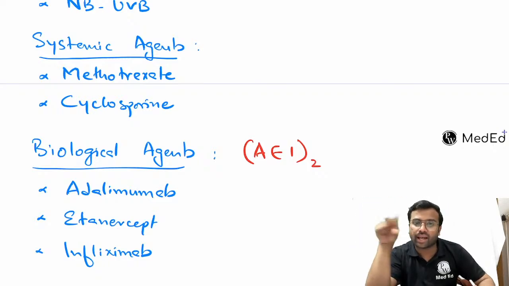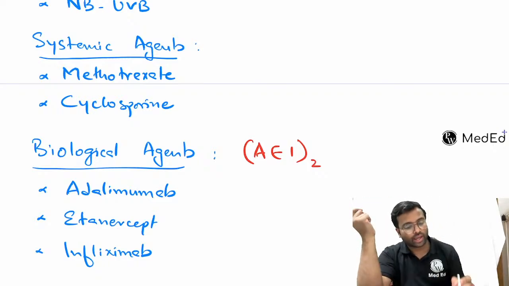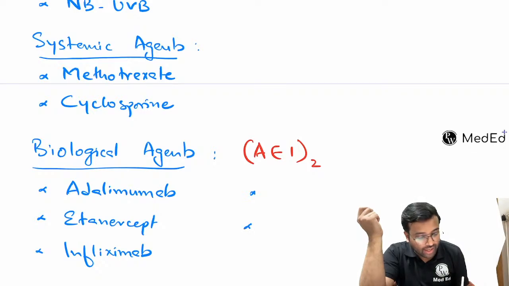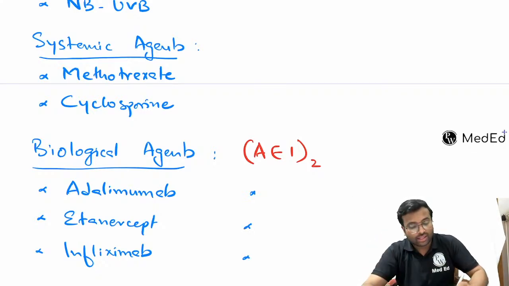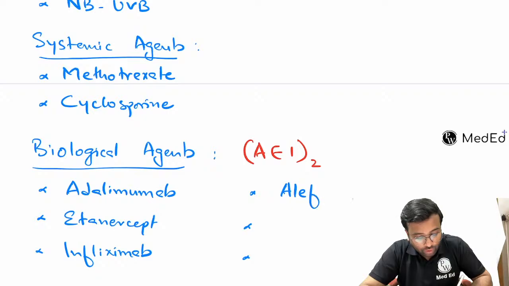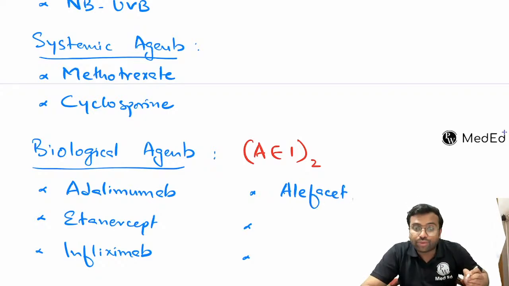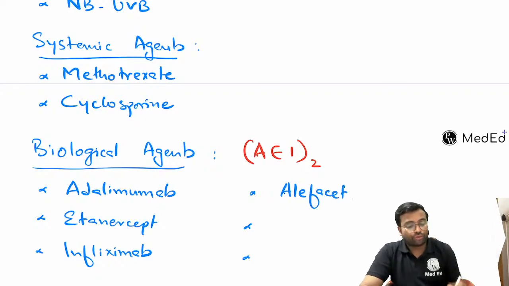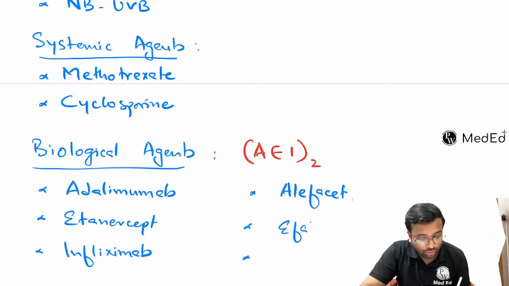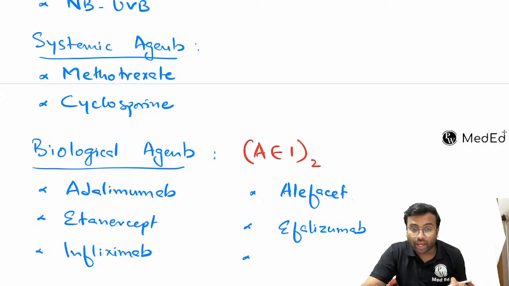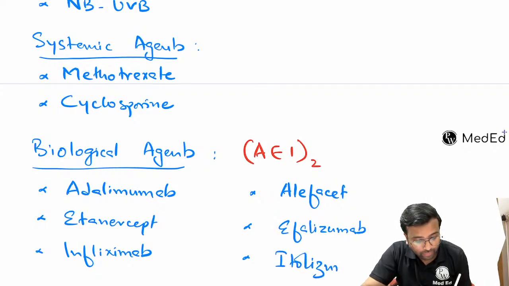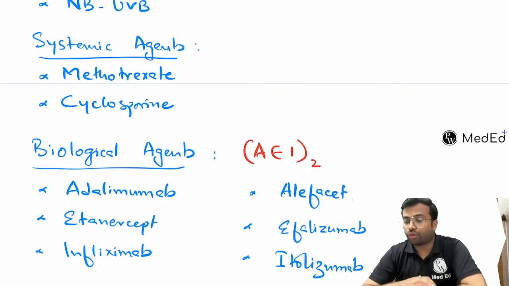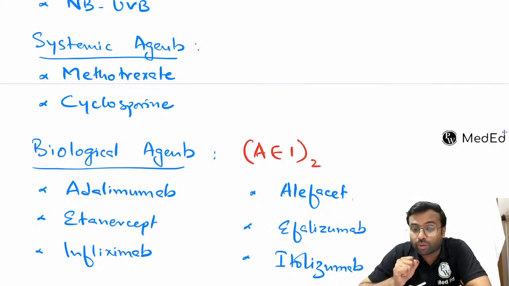But I said AEI two times. There is one more AEI. What is this AEI? This is going to be alefacept. Alefacept is one. Efalizumab is another one. And the last one is going to be itolizumab. So I don't know how easy it is going to be for you to remember all these things,